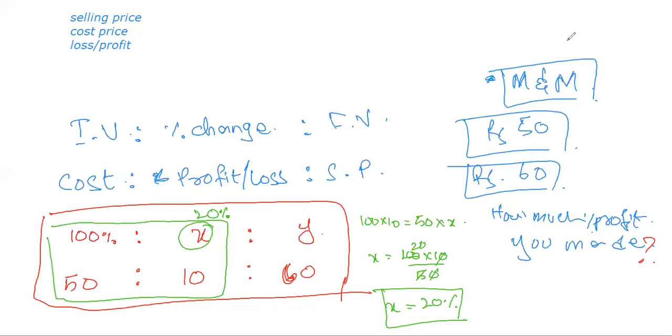Clear है? Okay, so that's it in percentages. इसमें जो है ना ज़्यादा कुछ है नहीं. सही है? There are percentage changes. You have to find the percentage increase. You have to find percentage decrease. You have to find the percentage of profit. You have to find selling price and cost. सही है? And इसके अलावा you have to find one quantity as a percentage of another. सही है? Okay, so that's